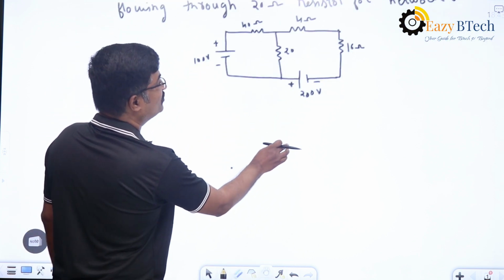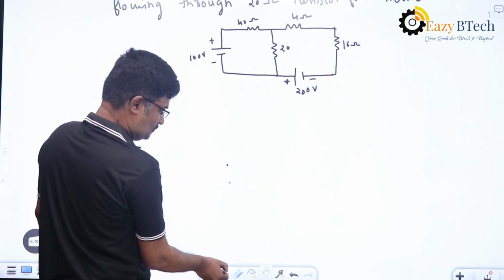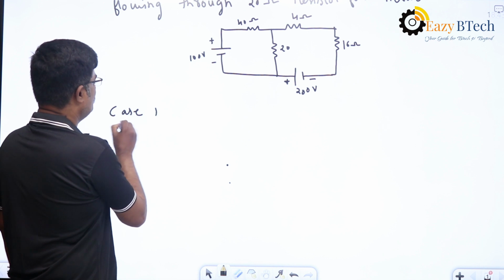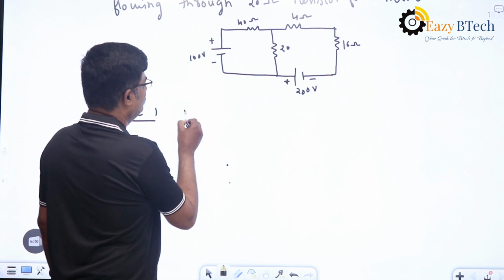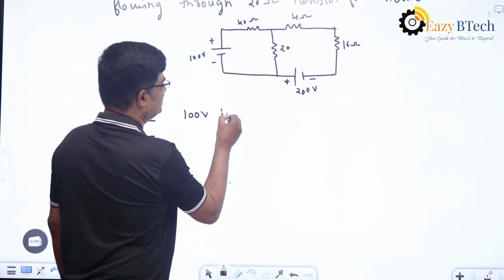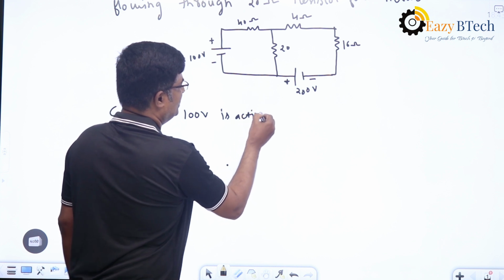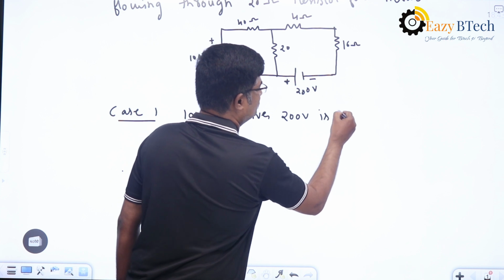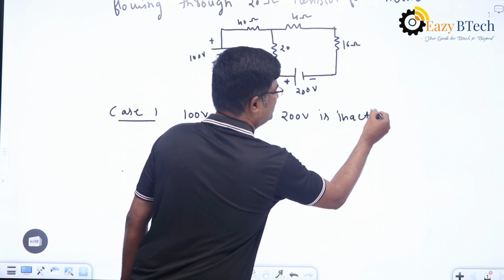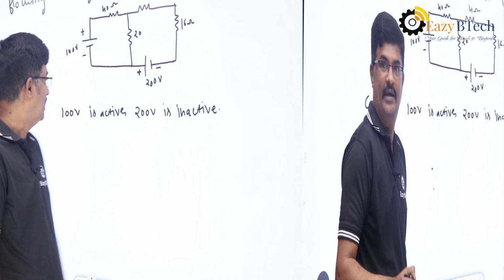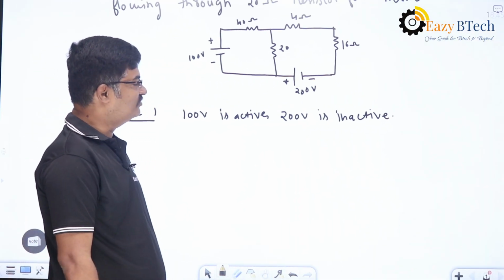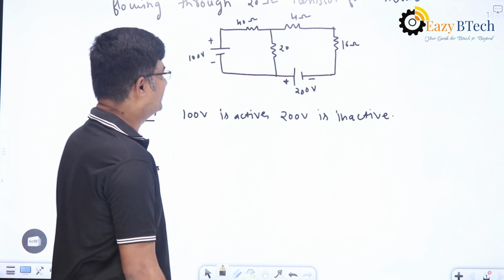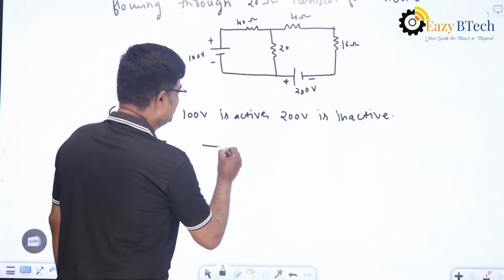So what will we be doing? Case 1: 100 volts is active and 200 volts is inactive. To make a voltage source inactive, it should be shorted. So my diagram will be changing to